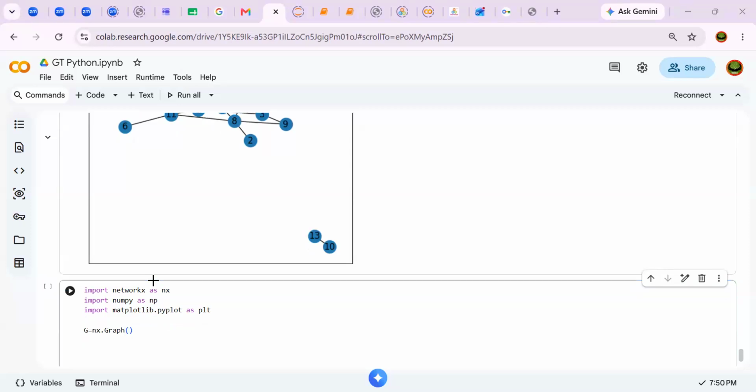Okay, so for example, here I can add the nodes from